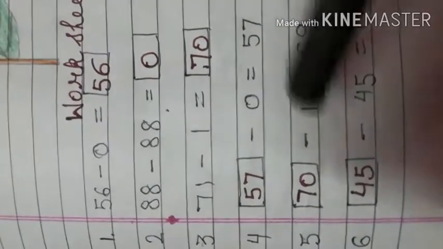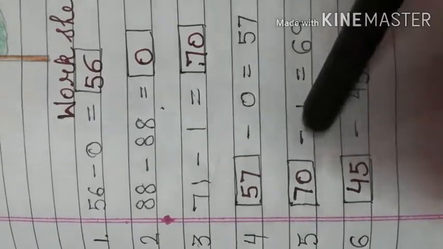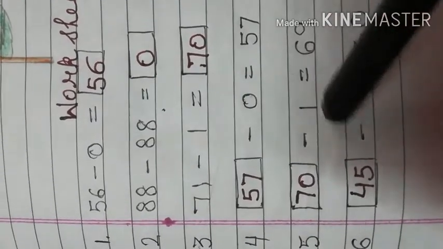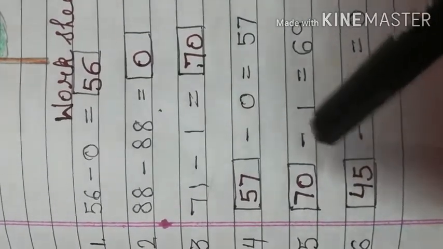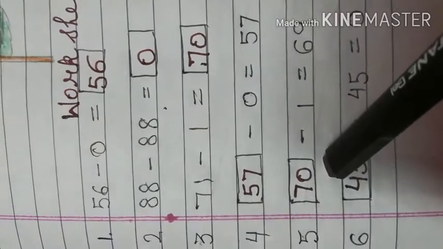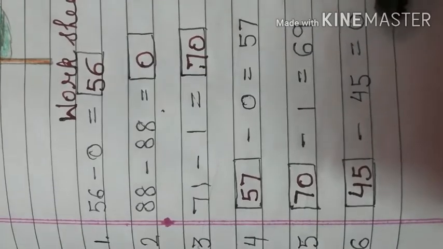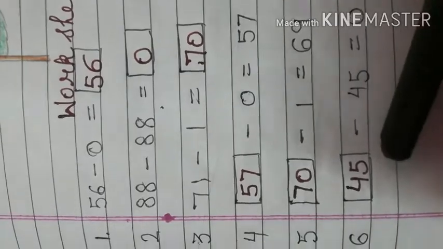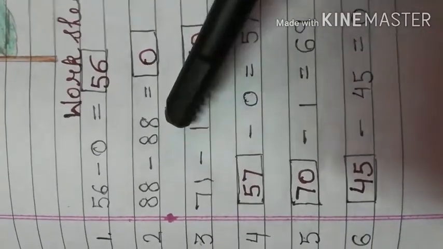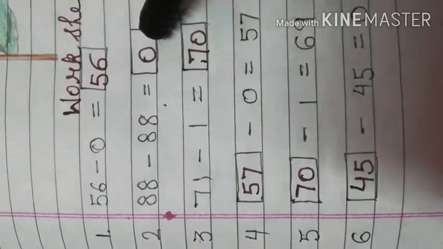And in the next question you have minus 1, means you have already subtracted 1, that is why your answer is 69. So in this case when you are to calculate the number, you will just add 1 to the answer because you have already subtracted that. That is why your answer is 70. And in the next question again you have the answer 0. It means you have subtracted the same number, 45 minus 45, that is 0. Similarly in the second question you have subtracted the same number, that is why your answer is 0 here also.